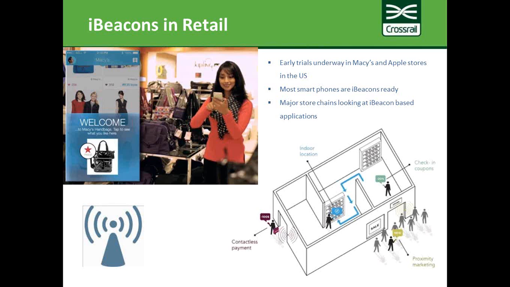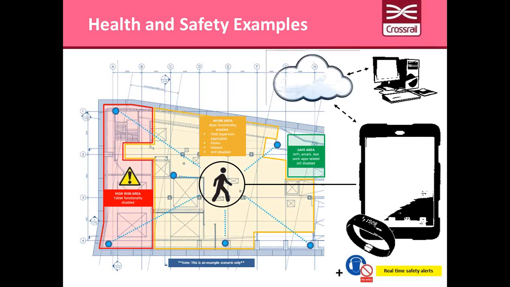The examples in health and safety, as I'd previously described. What you're seeing on the left-hand side is an early wireframe, and I can show you some more of that later, as an actual view of one of our construction sites. We want to be able to delineate, manage and mark out safe areas of work, and other work areas where we may want to restrict functionality or restrict access. We may want to restrict that to certain applications. Maybe cameras are disabled. We may not disable Wi-Fi if we have it in a particular area.